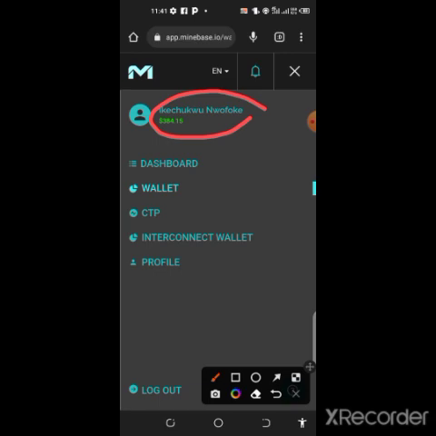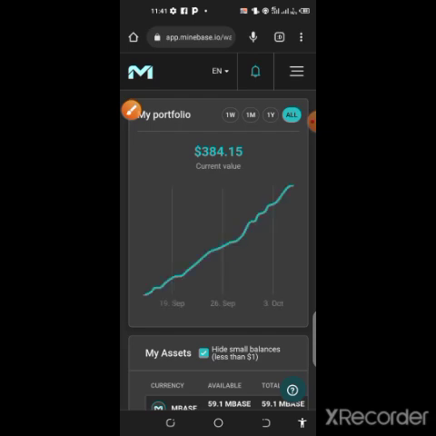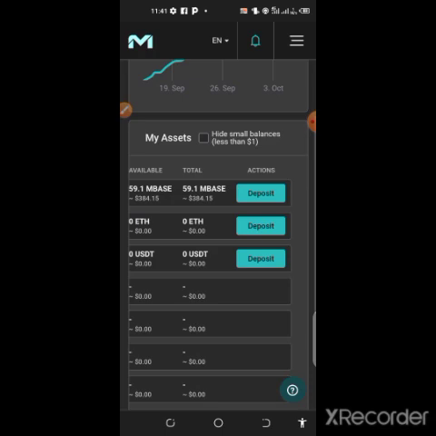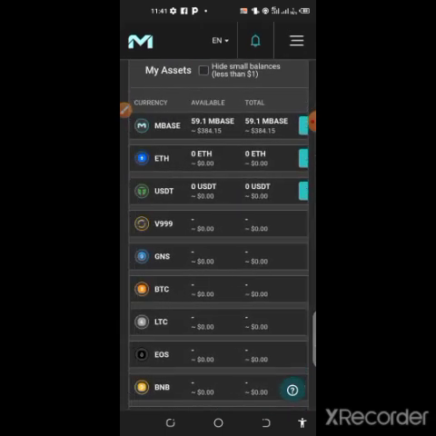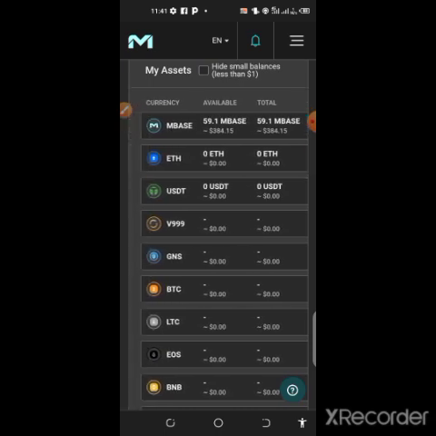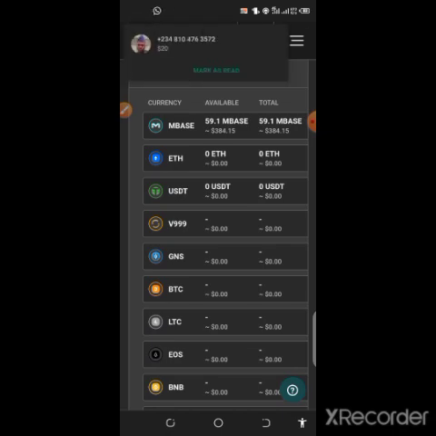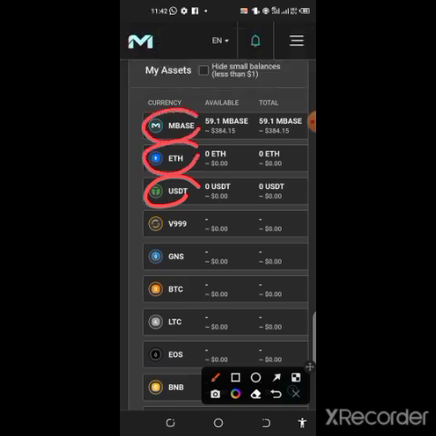So first of all, if you are registering new, when you finish registration, you simply need to click on wallet. So you click on wallet now, and you come to this place. You see that there are options here. You scroll down, and the first currency here is MINEBASE. The second currency here is USDT. You can see they are listed here, and what you're going to do next is that you have to